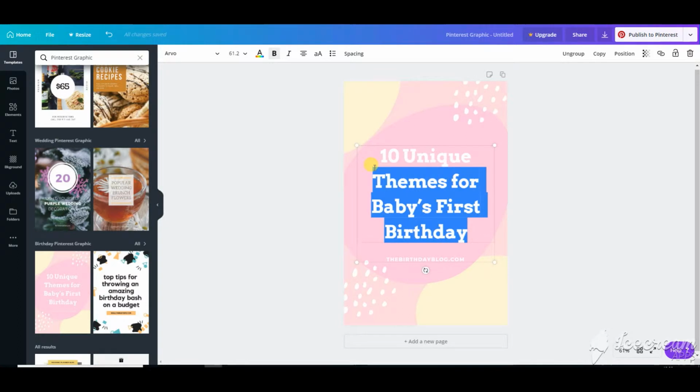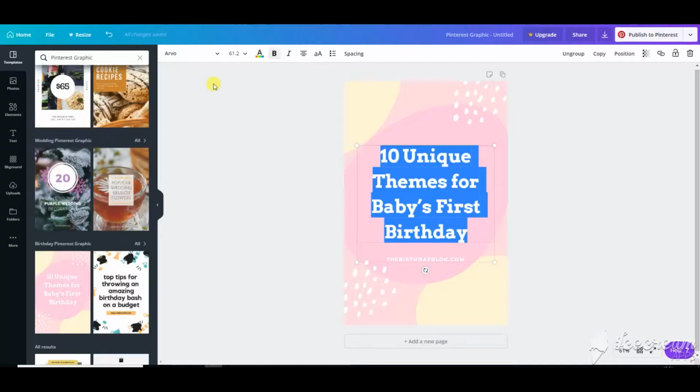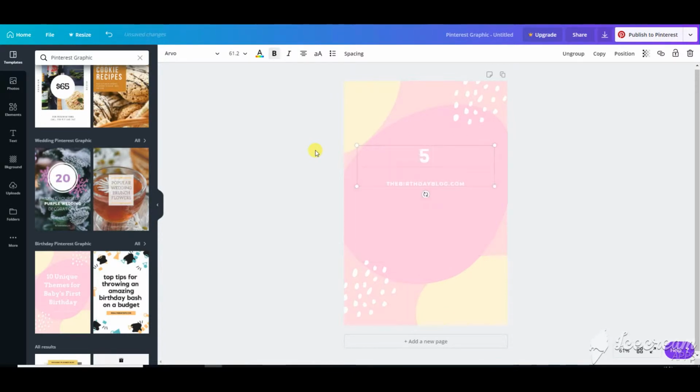And you essentially want to type in a really good keyworded blog title. Now you're very, very welcome to reference Pinterest again and maybe do a blog title. So, first time mum's guide to colourful nursery layout ideas. I've just literally plucked that out of thin air. So let's go 5 ideas for first time mum's nursery